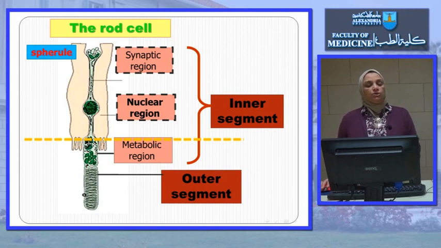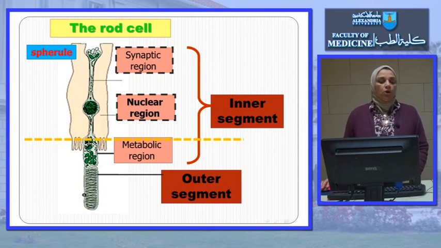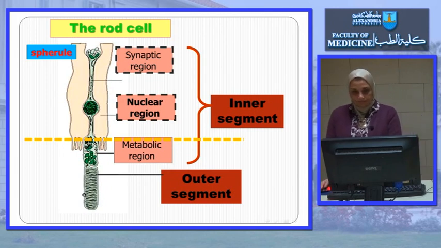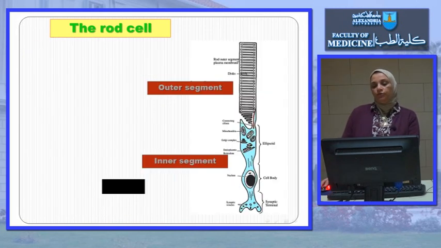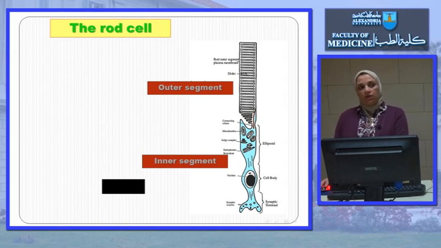And we have the part of the rod cell containing the nucleus. Remember that the nuclei of rods and cones are present in a layer called the outer nuclear layer, and the outer segment will act as a dendrite, while there is a synaptic terminal. This is the synaptic region. In case of rod, it is called spherule. Again, this is a diagram to show you the outer segment and inner segment. The outer segment is formed of what? It's formed of disc-shaped enclosed membrane,